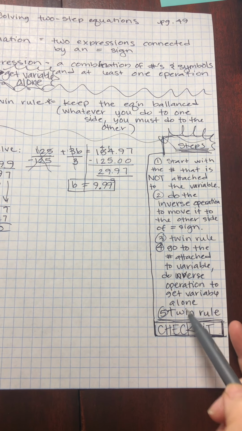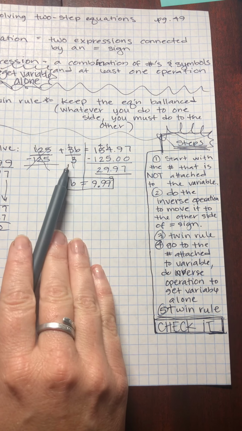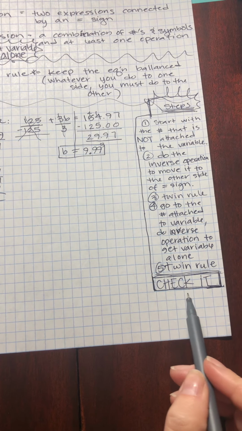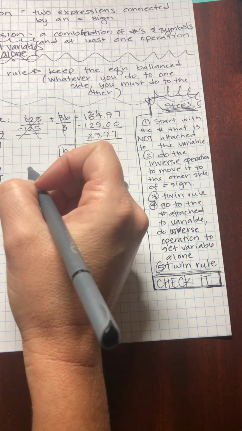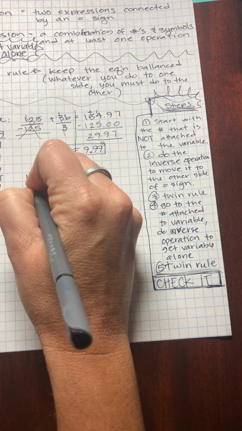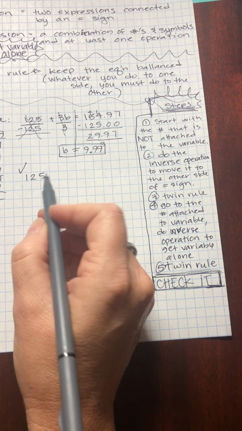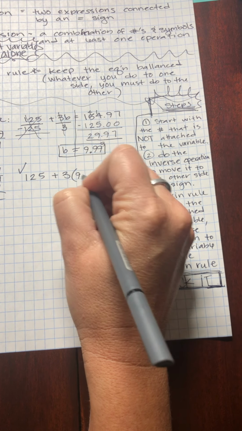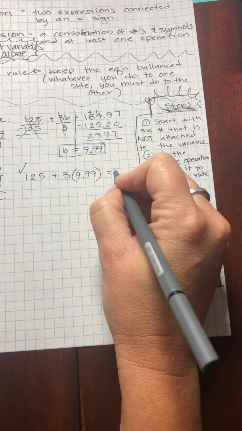After you get the variable by itself, remember you have to do the twin rule. Whatever you do on one side, you have to do to the other. The last thing that we're going to be doing is checking it. So that means you have to take your answer and plug it in. So 125, here's my check, 125 plus 3, parentheses, 9.99, because that was my answer, equals